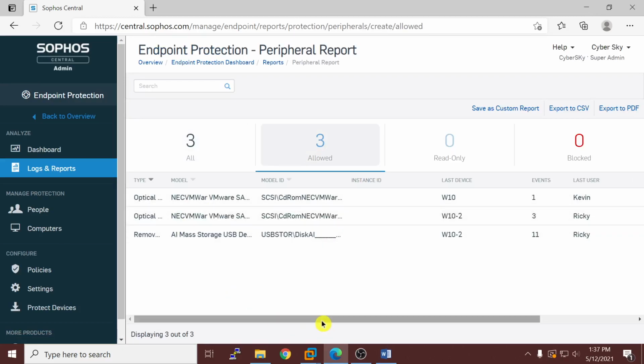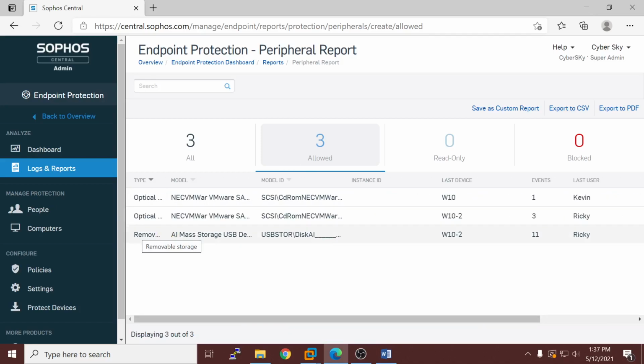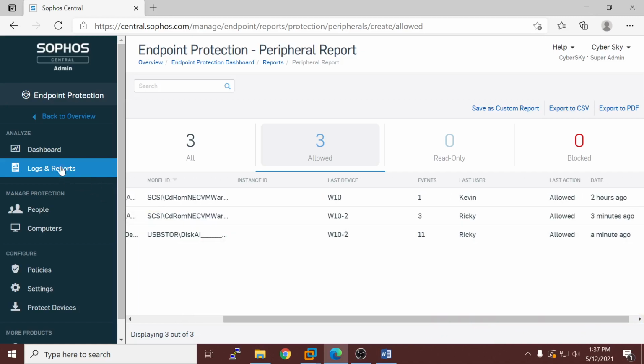And if I come to this, the removable device, W10, we have 11 events.